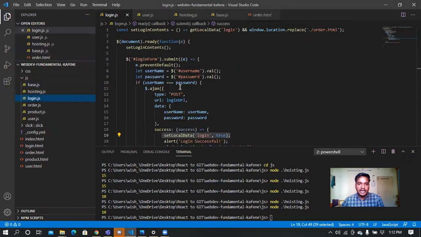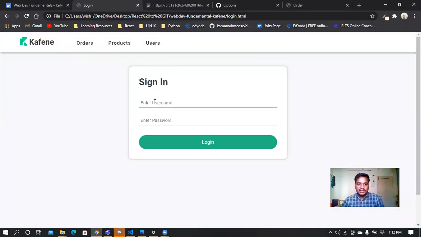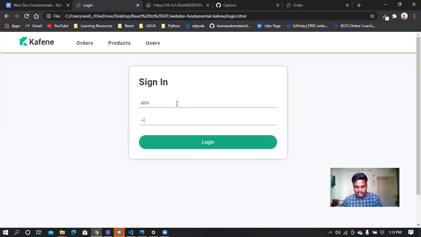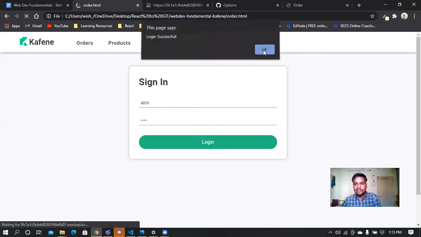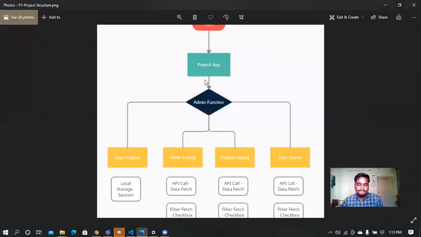Moving on to the login part, there are two fields and only login. I'm checking whether the username and password are correct, and at the same time I'm creating a local data set where I'm storing the credentials, and accordingly I'm maintaining a session.